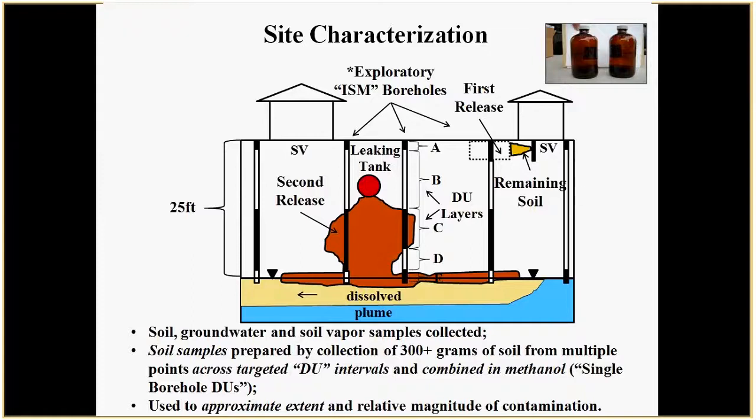And then you'll get a concentration of gasoline and BTEX for that targeted interval, much more representative than testing a random 5-gram discrete sample, randomly picked within that interval, which we've shown in the field. When you collect discrete samples side by side, the concentration can vary by orders of magnitude. And this is something that is not going to come out in the ITRC document, but if you go back and look at the 2012 ITRC ISM document, we discuss it in detail,